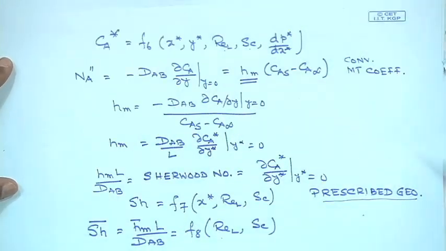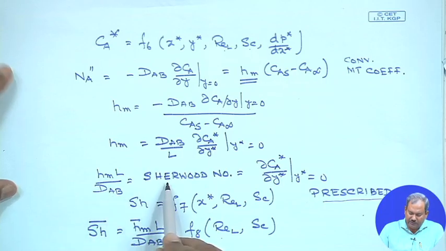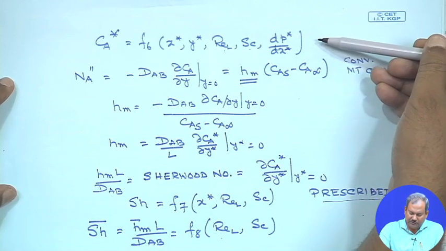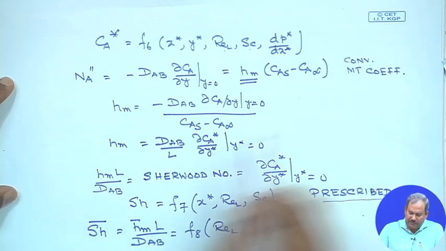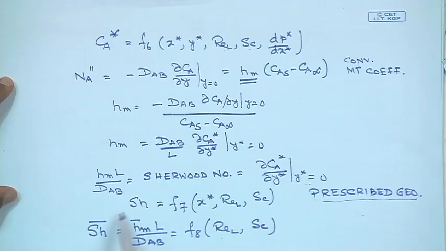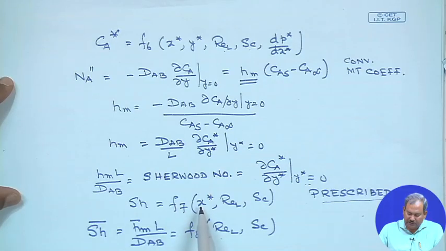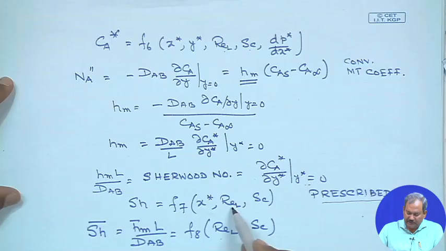Prandtl. Exactly the same way I define h m L by D AB, that is Sherwood number, starting with the functional form of C S star, the same way as in heat transfer, where h m is the convective mass transfer coefficient. So, Sherwood number by definition is then the dimensionless concentration gradient at the interface. Therefore, for a prescribed geometry, Sherwood number would simply be, I call this function f7, which we still do not know, but the f7 should contain x star, y star would not be there, it is